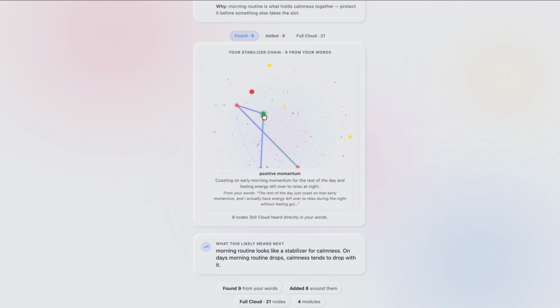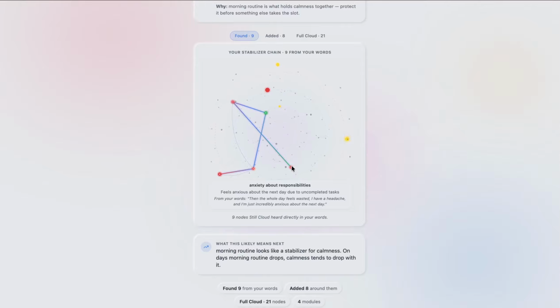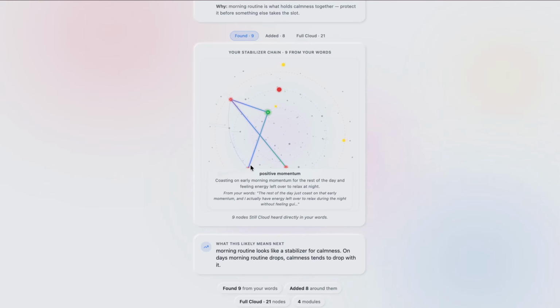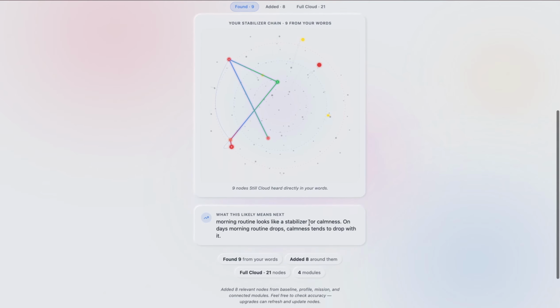So if you click here, you can see like positive momentum. If you click here, you can see the unhealthy eating habits. Same thing here, anxiety about responsibilities, and then it finds a sort of link, so you avoid responsibility, that leads to productivity failure, and that also has linked to the positive momentum that we talked about. But yeah,